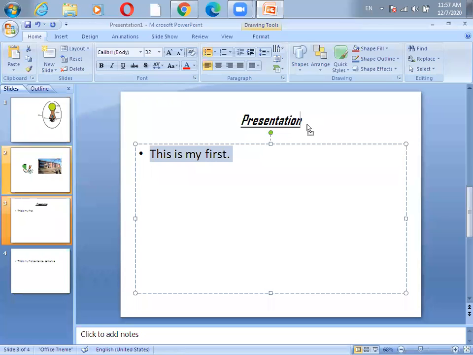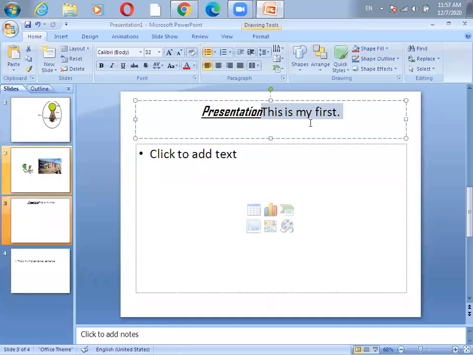Okay, if I want to place it over here, you can see a rectangle box there with my cursor, so I can paste it over here. This means I'm moving something. Okay, so in this way, when I release my left mouse button, then I will get that particular text over there. Okay, that means we are moving that particular text.